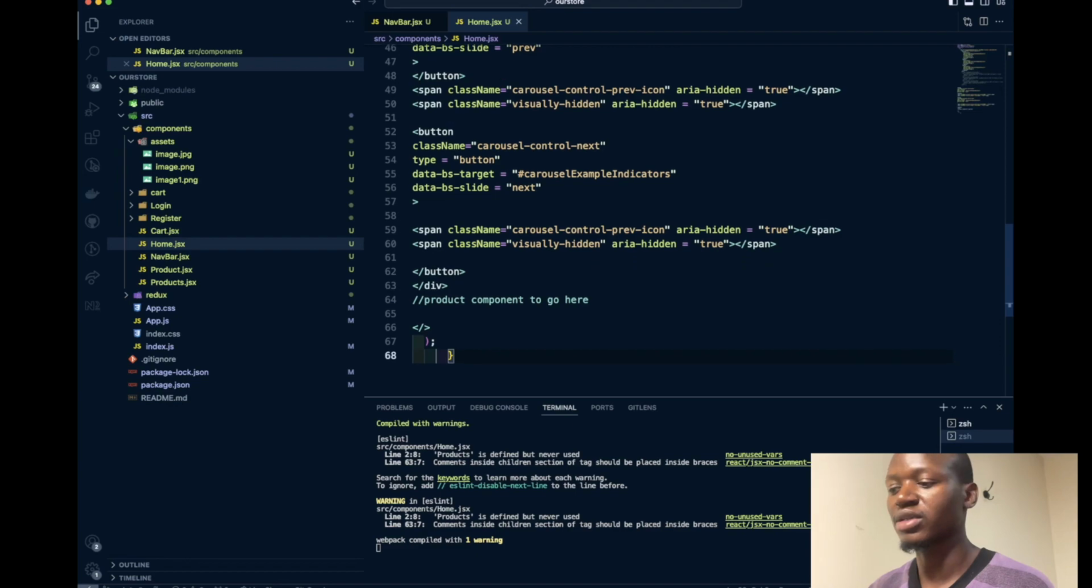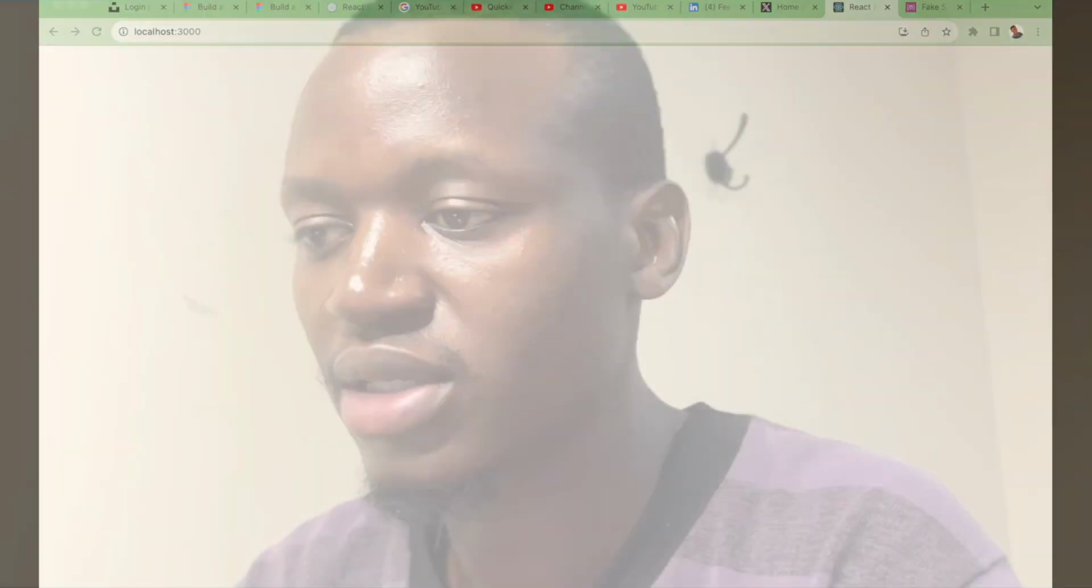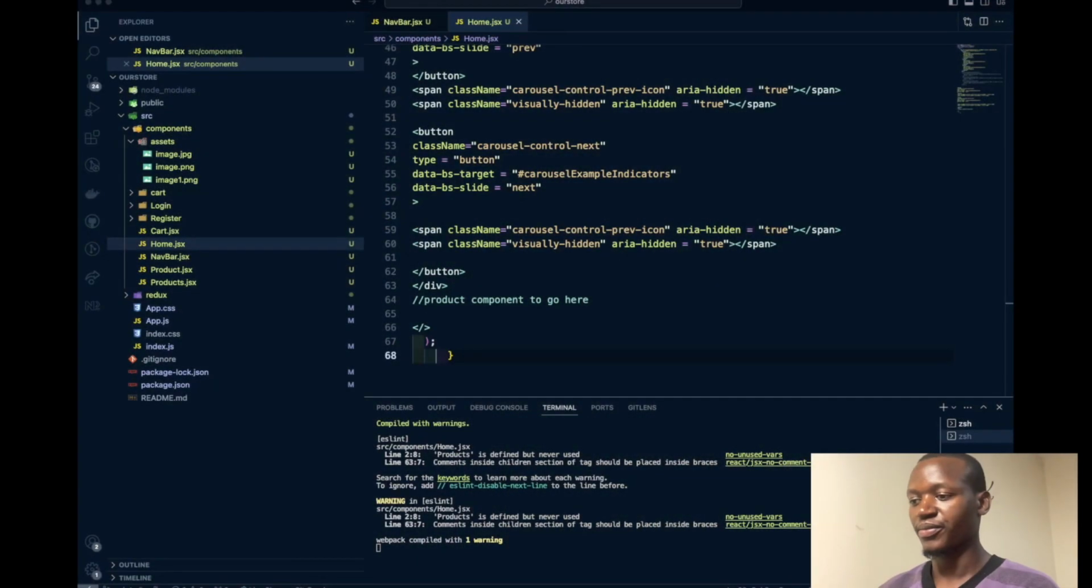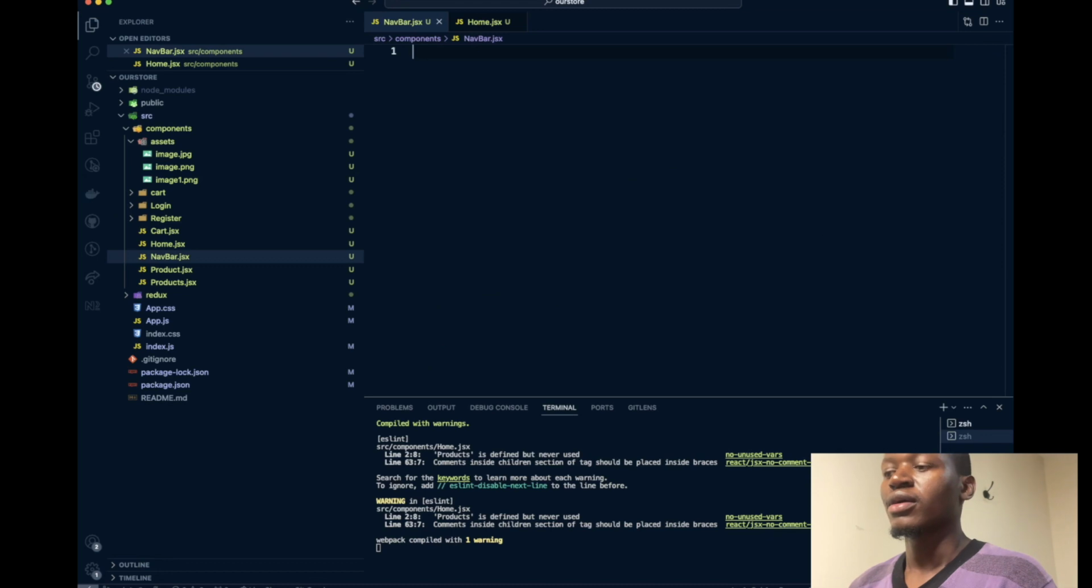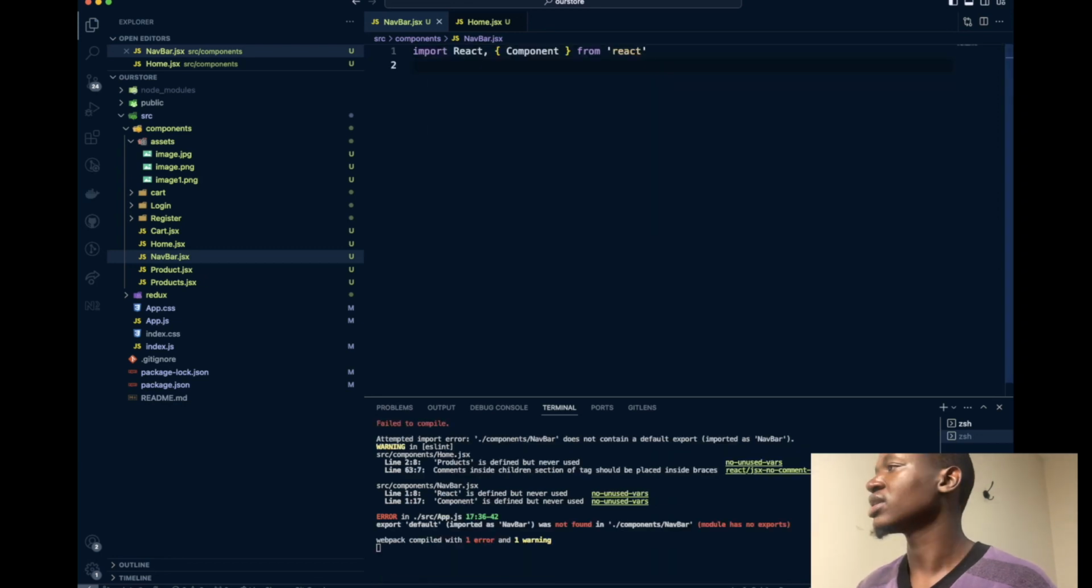We don't have errors so far. And let me show you. Yeah, we still don't have anything, so let's build the nav. On the nav bar, we want to be really quick. Let's take like 10 minutes. Let's see. Pop it out, and then